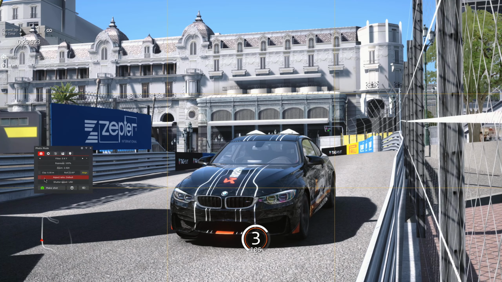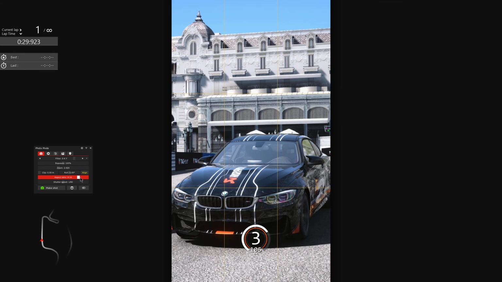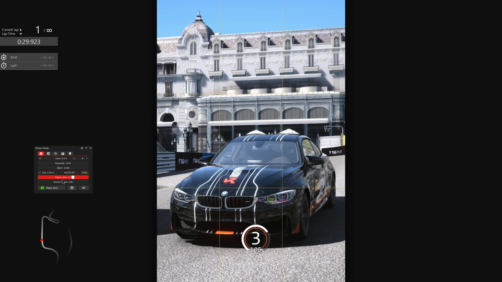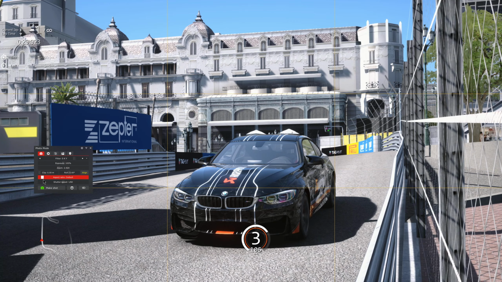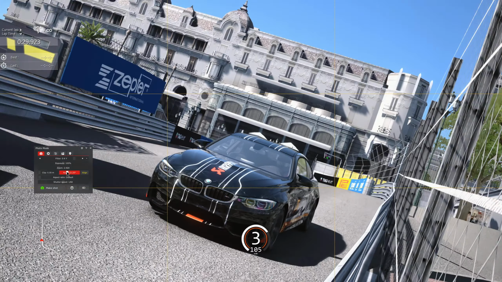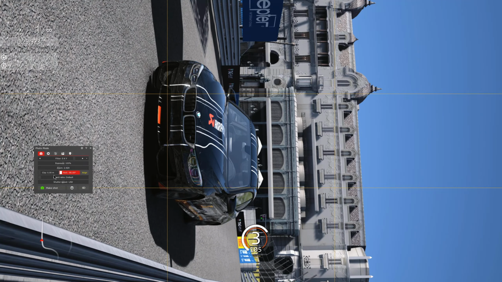Aspect ratio, that's up to you honestly. If you want to make a phone wallpaper, you can just do this as well. If you have a widescreen monitor, you can try this. And for me, I'm just going to put this at default. And roll, if you want to, you can try this if you also want to make a phone wallpaper, but